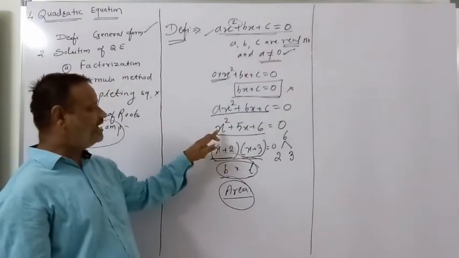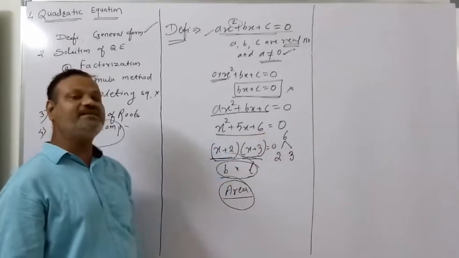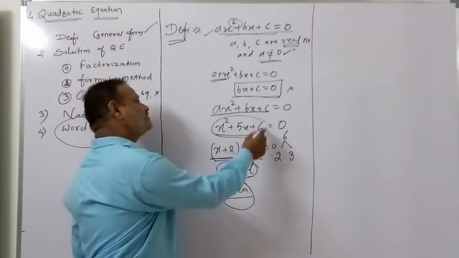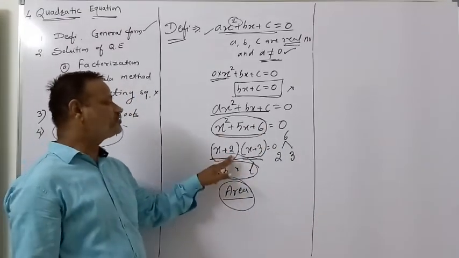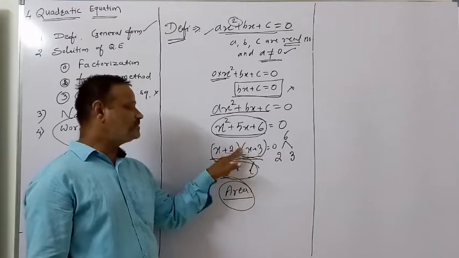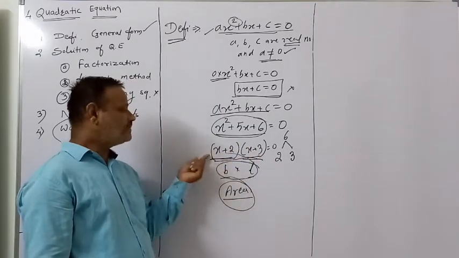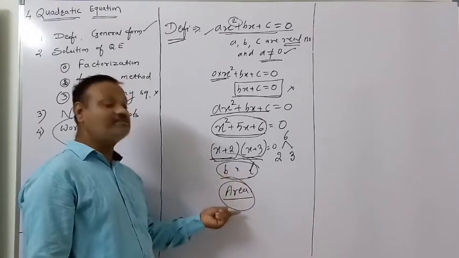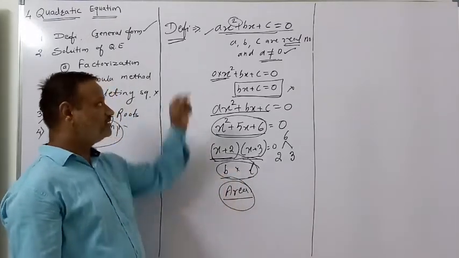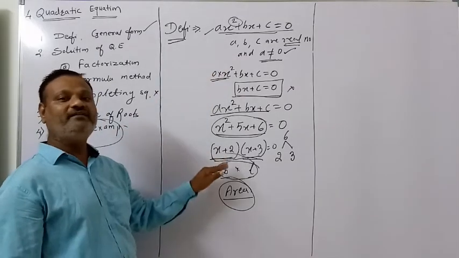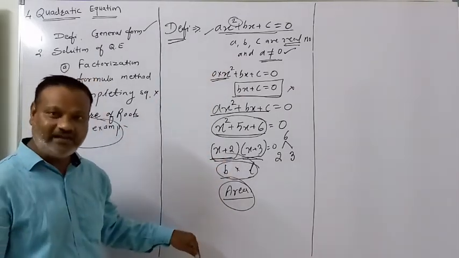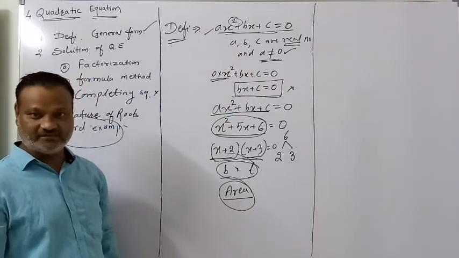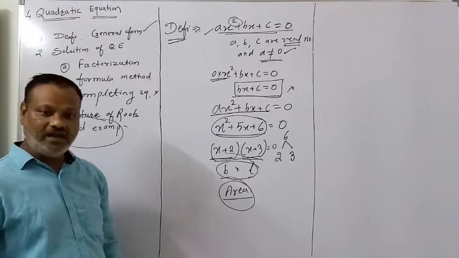एग्जाम्पल के तौर पे हमने दिया x square plus 5x plus 6 is equal to 0. This is one of the examples. If we factorize this polynomial, we get x plus 2 into x plus 3. So x plus 3 is considered as a length, x plus 2 is considered as a breadth. It means that length into breadth is nothing but the area. So we use this equation to find the area of the quadrilateral. That's why this equation is known as the quadratic equation. Understood?